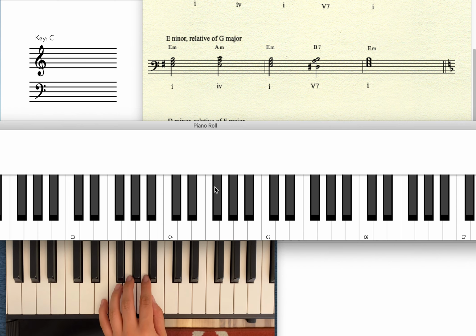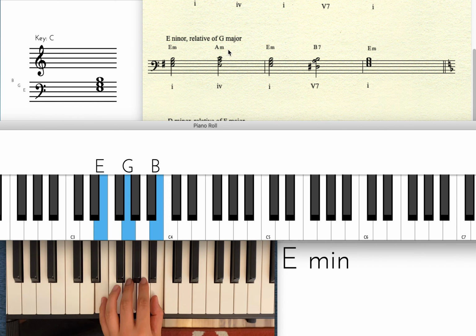If you see the minor chords in the chord writing, there's a lowercase m symbol written that tells you it's a minor chord. So here's E minor, and then go to the A minor,